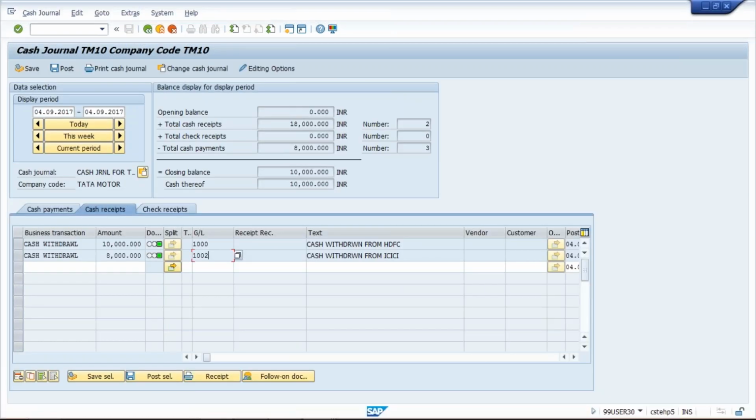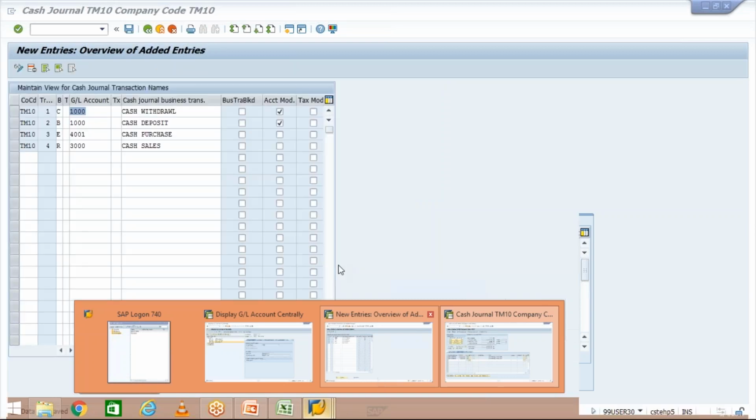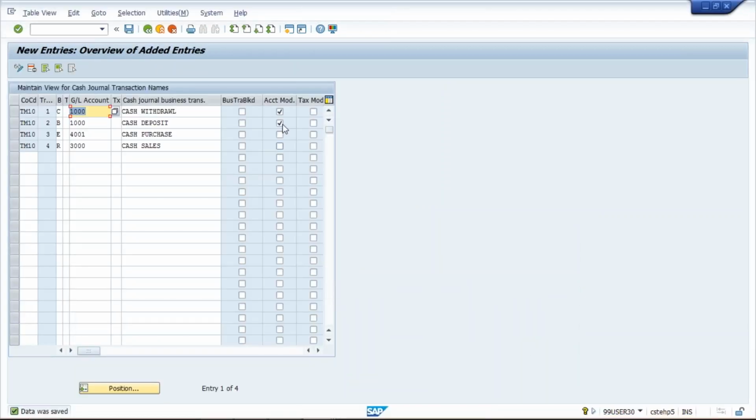So what is the solution? What exactly do you have to do? We have a solution for that. During configuration of business transactions, against cash withdrawal and cash deposit, we apply a check mark for the account modifiable field.